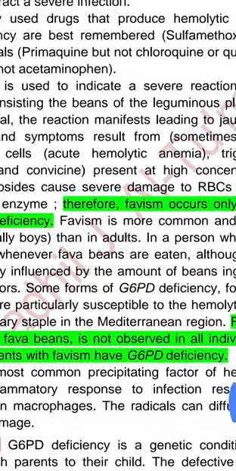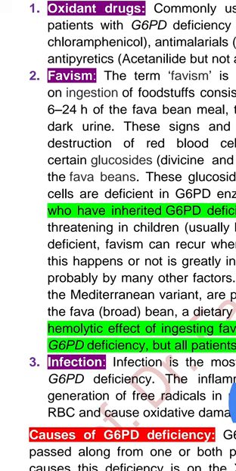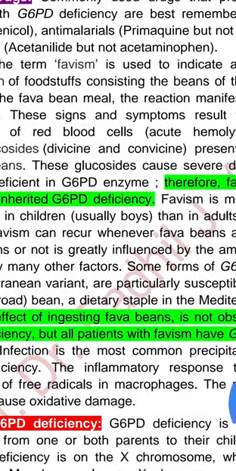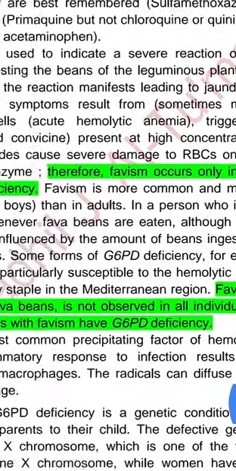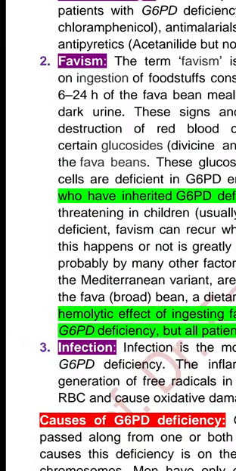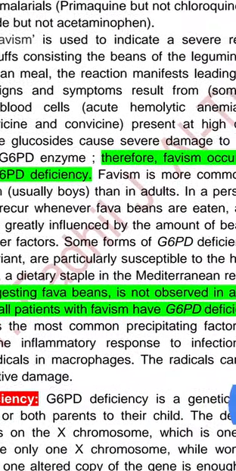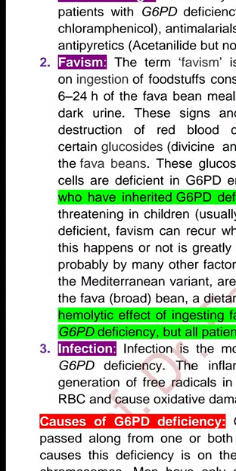The reaction manifests leading to jaundice and dark urine. يتكون عند اليرقان ويكون اليورين مصبوغ بالصبغة السوداء. These signs and symptoms result from sometime massive destruction of RBC اللي نسميه acute hemolytic anemia, triggered